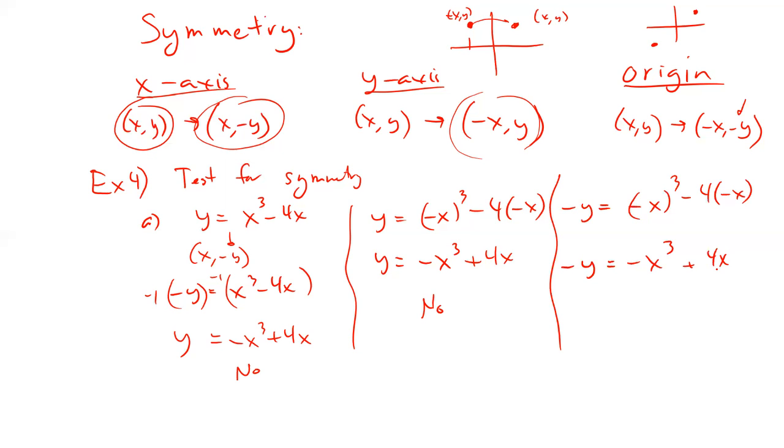I like it solved for y, so I'm going to multiply through by negative 1. Negative 1 on this side, negative 1 here, and those will cancel. Negative 1 times that will give me a positive. Negative 1 times that will give me a negative. And do I get back to my original function? Yes, it does. So anything that I see in quadrant 3 will be reflected in quadrant 1. Anything I see in quadrant 2 will be reflected in quadrant 4. That's what I just figured out. Cool, this is a yes.